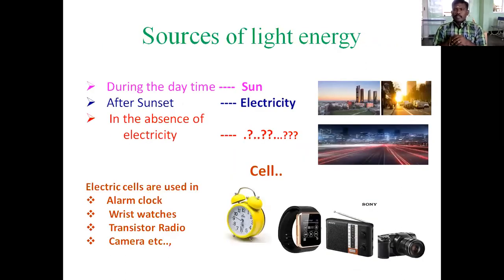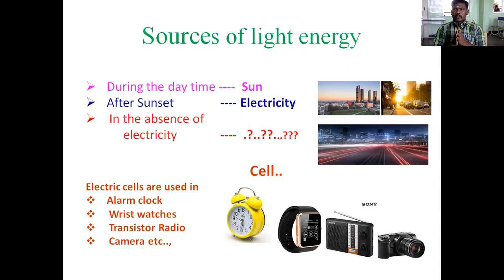Next one, some of the sources of light energy. In our daytime, we know very well the sun is the source. The sun acts as the primary source. Without the sun, no living things get light energy in the daytime. At night time also, the moon emits some light energy. That light energy is also gathered from the sun. So the sun is the main source, the primary source. And for the moon also, the sun is the source of light energy.